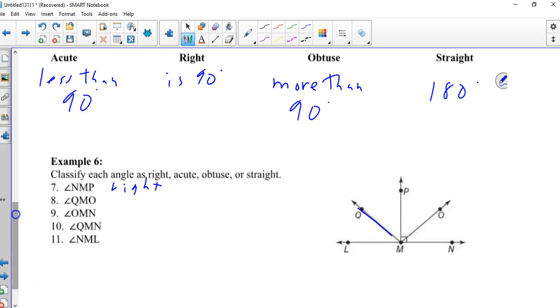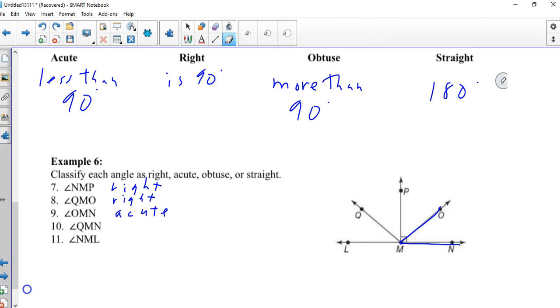QMO. We should not assume that it appears to be right angled. OMN, right there, is definitely less than 90, so it's acute. QMN, bigger than 90, right here. So that's obtuse. And NML